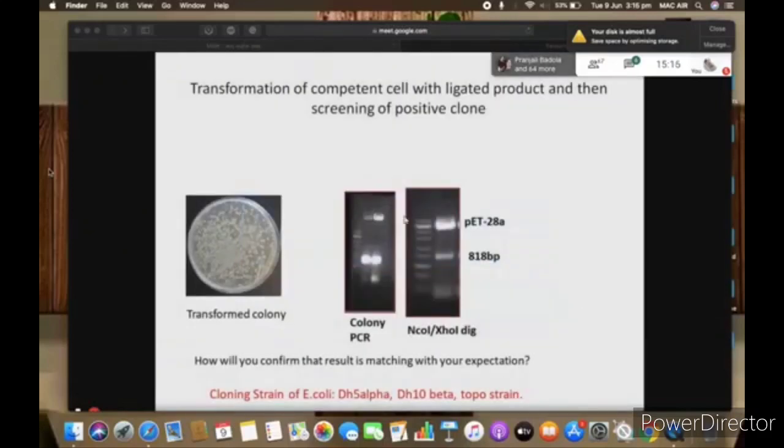Fine. So out of this colony, which is your positive colony, what will you do? You will mark 1 colony, 2 colony in this way and take that sample and do colony PCR. You can take 2 colony, 3 colony, 4 colony and do colony PCR. If you are getting positive here, then again you take some amount of that colony and culture it, liquid